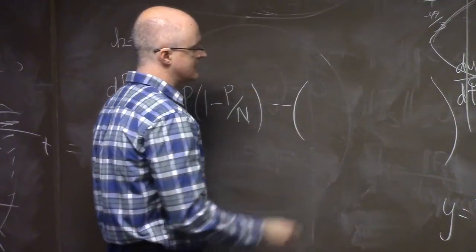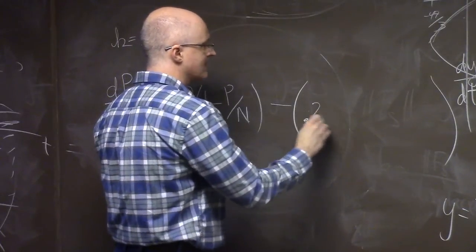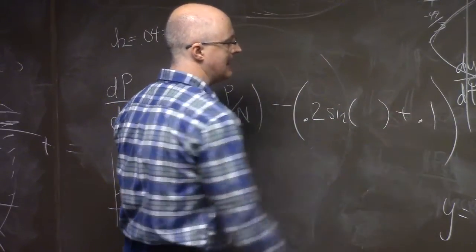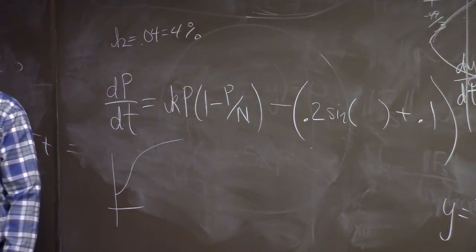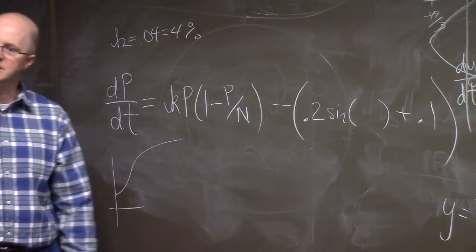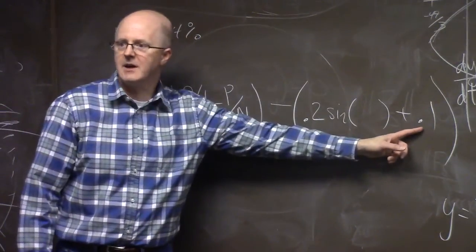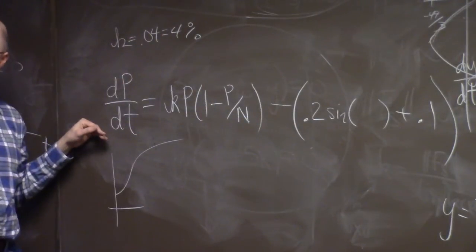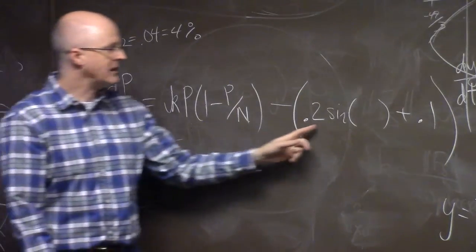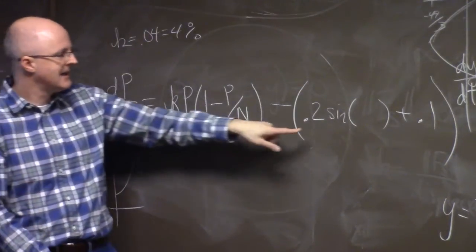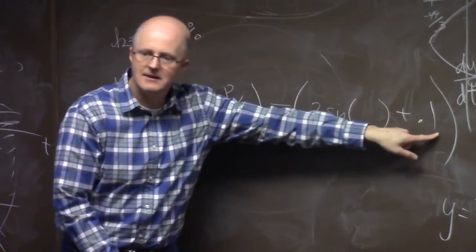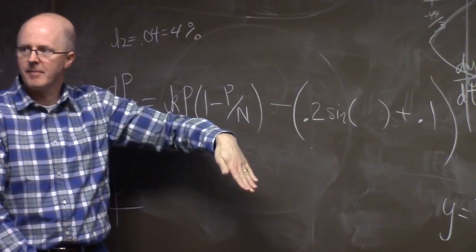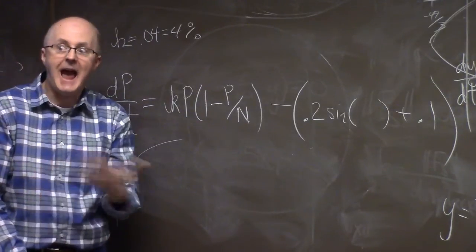And depending on the units, you might have something like this in there. Maybe the units are millions of fish, and so 0.1 would be 100,000 fish per year. This would be in units of fish per year. 0.2 is an amplitude showing you how high this part can go above that. Ultimately, this expression can get as high as 0.3 and as low as 0.1. If I said the period was, say, half a year,